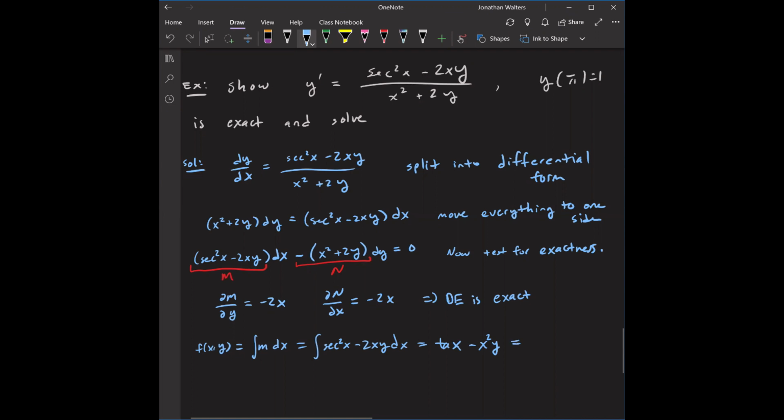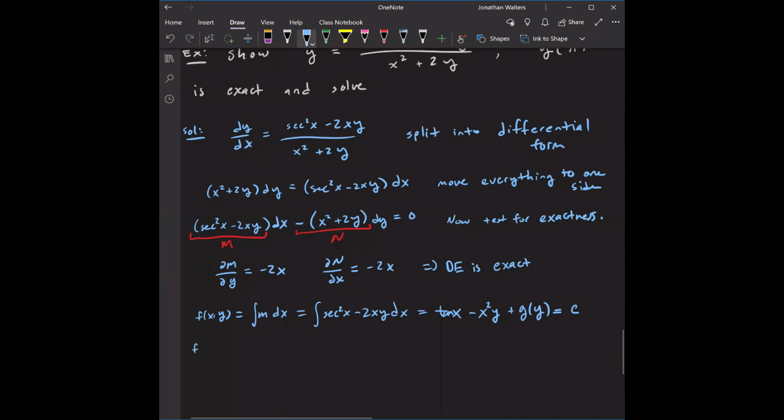And our assumption was that that's equal to a constant, so we'll move the constant over to the right-hand side. Oh, well, let me say plus g of y, maybe something that only depends on y. And again, we set that equal to a constant. That's our assumption, that the function, if it does exist, would be equal to a constant. So we got tan x minus x squared y plus maybe some function that only depends on y. Set that equal to a constant. That's f of x y, but let's also do f of x y